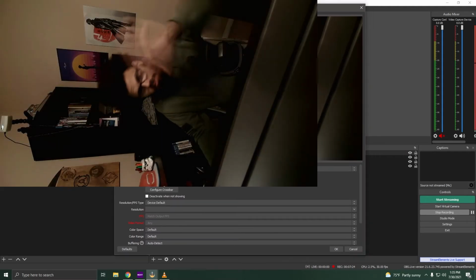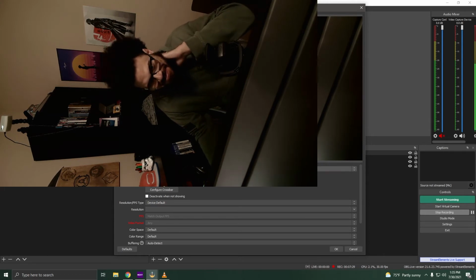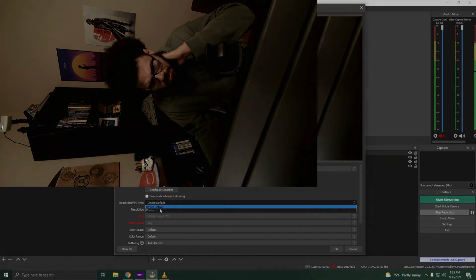Add a video capture and choose the correct device. You should recognize it from there. Then you choose Custom next to Device Resolution and choose the appropriate options. For example, my Canon M50 is brought in at 1080p 60 frames per second, but my webcam is brought in at 1080p 30 frames per second. My capture card gets pulled in at 1080p 60 frames per second.